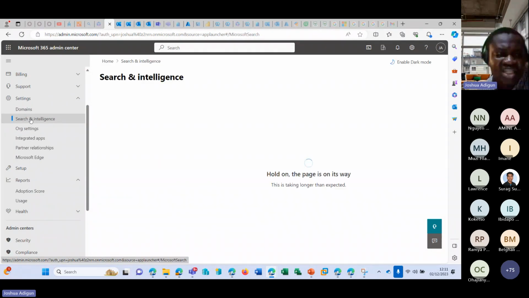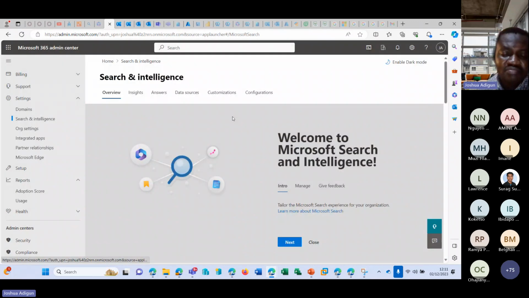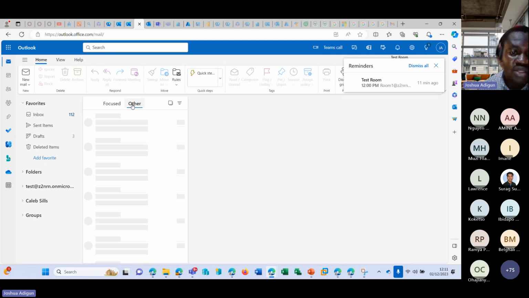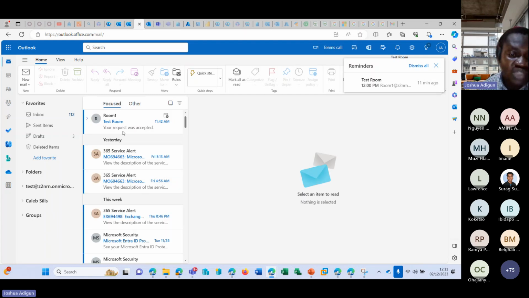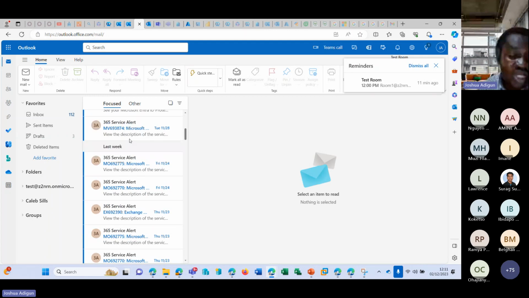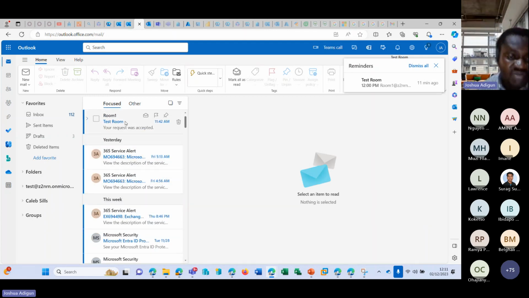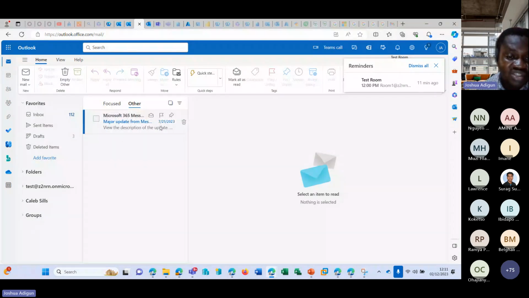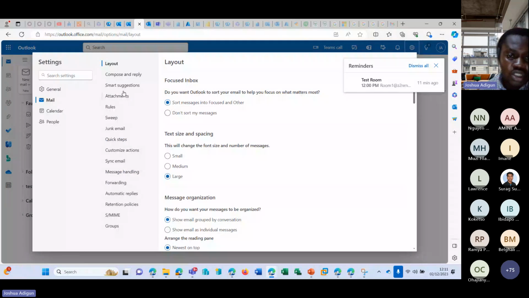So for the search and intelligence, earlier in one of the sessions, I told you about how Microsoft 365 has AI incorporated into it, even into Outlook. So for Outlook, you would see that you have Focused here and Other. So basically, Outlook learns how you read your emails, and the major ones, the ones you read regularly, it puts them in the Focused. These are the ones that it has learned that you always read. So the other ones that you might think are not important, you can put here. It doesn't take it to the junk. So you can also change the settings to